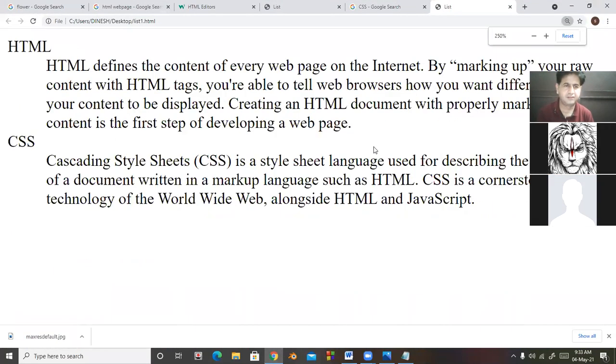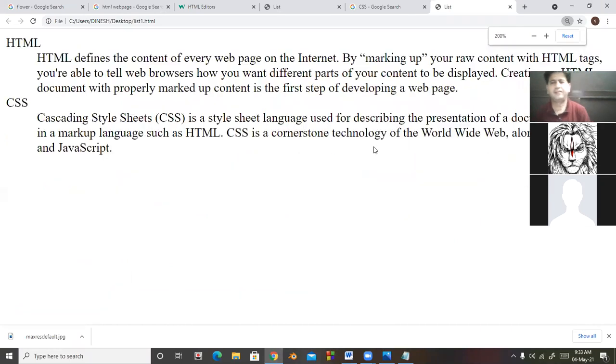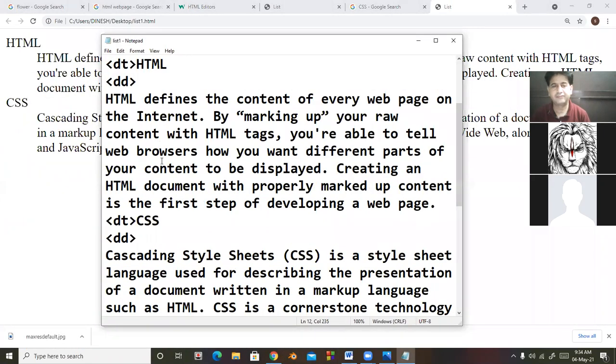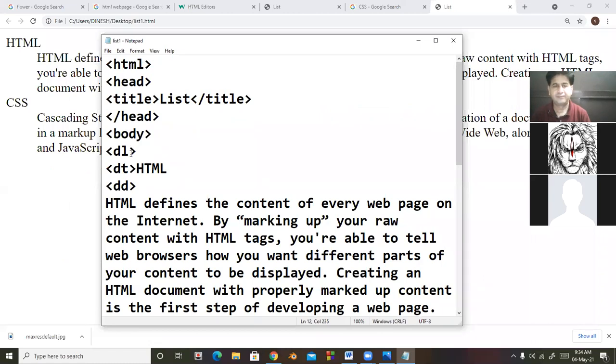So look at here. This is your definition list. In the definition list, there is one attribute, and that is without any value. That is compact.